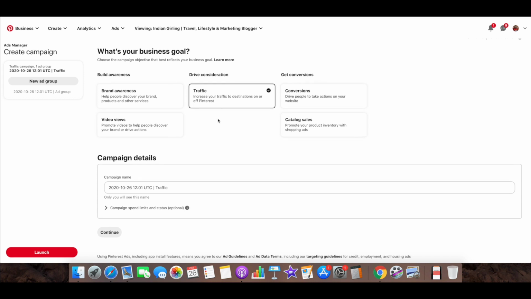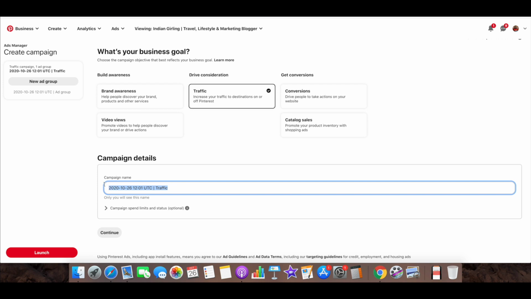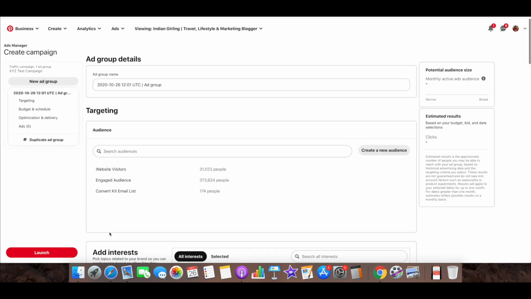I recommend always starting with traffic because it's the best way to really grow your audience base, as well as make the most out of the money that you want to spend. Now here is where you can type in the campaign name. So you can say that you want to type in XYZ test campaign, because we aren't really planning to run it, but we just want to see what it looks like. Of course, you can create any name that you want that makes it easy for you to track the